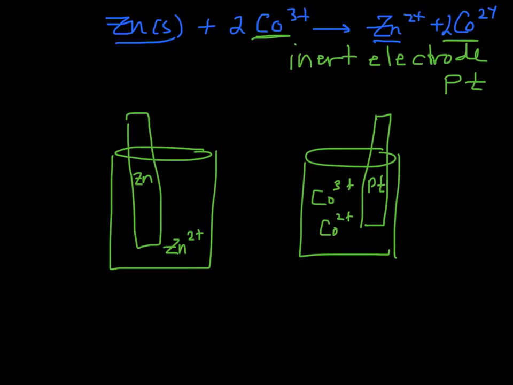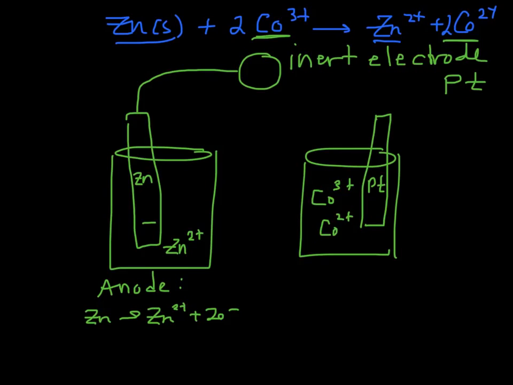Okay, and over at my anode here, this is where the oxidation occurs. So I would have zinc turning into zinc ions plus 2 electrons. Remember, this is negative. So it's going to come up here through what we'll call a voltmeter and back into here. So the electrons are going this way. And again, I could have written this backwards. It doesn't matter. And they'll come over here and they'll react. And over here at the cathode,